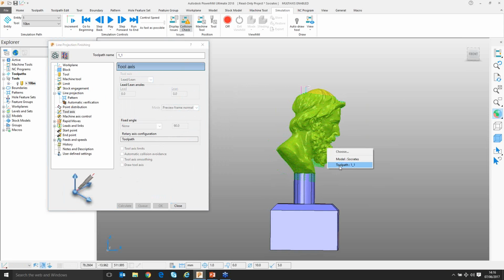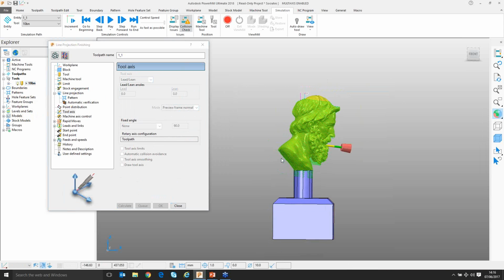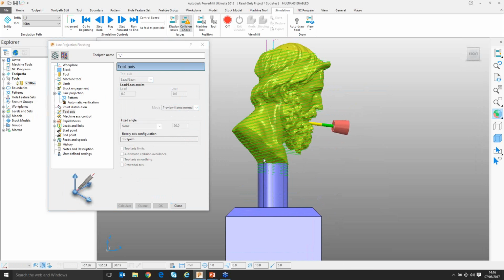Okay, so now if I was to simulate from here, just to show you, you can see my tool, if I have it drawn, is now coming in from the preview frame direction. But if I wanted to override that further and say, look, don't go below a certain elevation angle, I can go into the tool axis and tell it that I've got a fixed elevation angle of exactly 20 degrees. So when I calculate now,